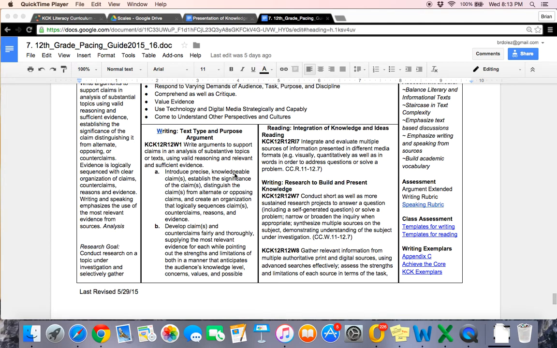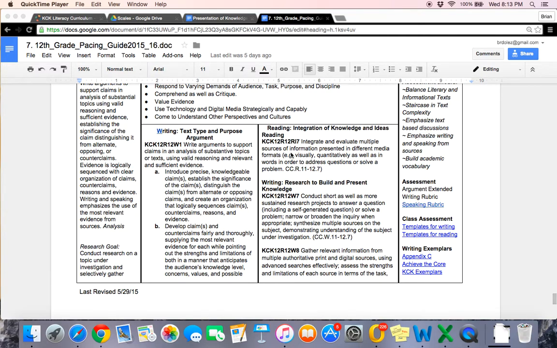Been fielding some questions lately on how to know what standards to combine when creating a multi-standard scale. So if you look at the pacing guide, a lot of times the standards are organized for you based on how they're related. Many times the bold type will tell you what standards are grouped where. So in the left-hand column, you'll typically always see your writing standards, and the right-hand column, you'll see your reading